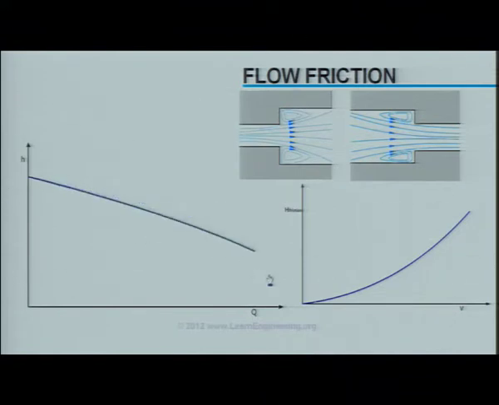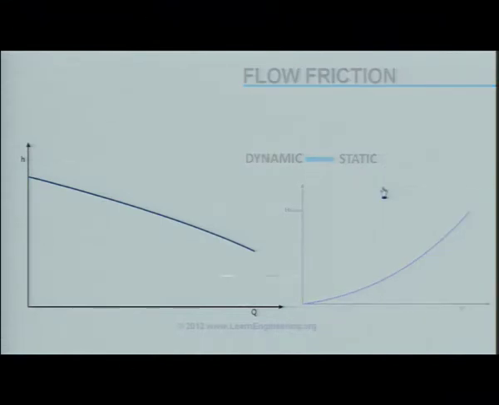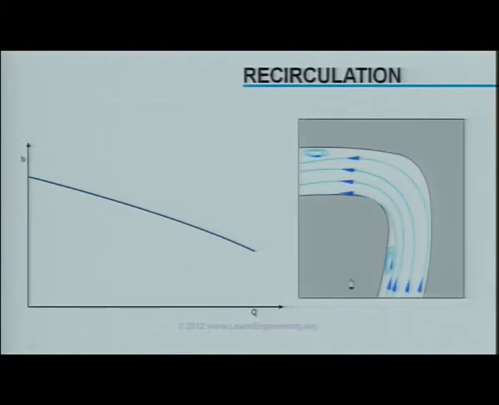This is the reason why we always try to transform dynamic part of fluid energy to static part in a centrifugal pump. Next is due to recirculation effect in the flow. When flow is below the design flow rate, recirculation losses becomes predominant, as shown in figure. When pump operates at its design flow rate, recirculation loss is almost zero.